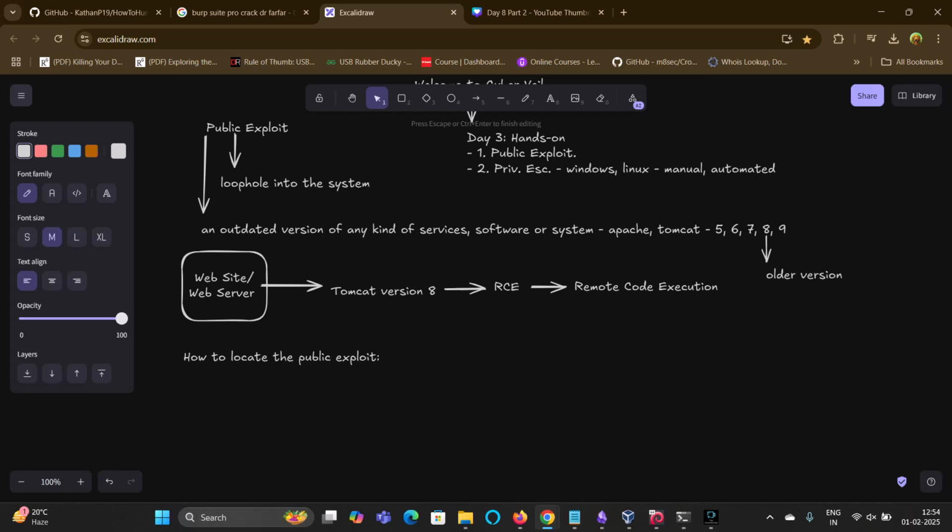Firstly, we are going to run the nmap -sV command. Why -sV? To detect the version. As I already mentioned, we are going to detect the version of the services, software or system that the website, web server or target host is using. After performing the network mapping, we are going to go on to our system and search for it